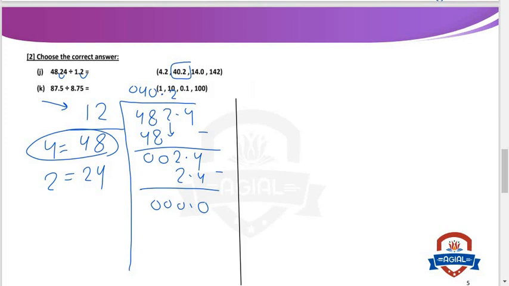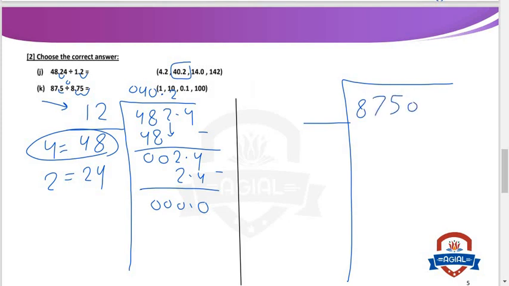Okay, number 2: 87.5 divided by 8.75. The divisor must be a whole number before you start. So we will multiply the divisor and dividend by 100, because the decimal point is after 2 digits in the divisor. We will draw the draft. So it equals 8,750 divided by